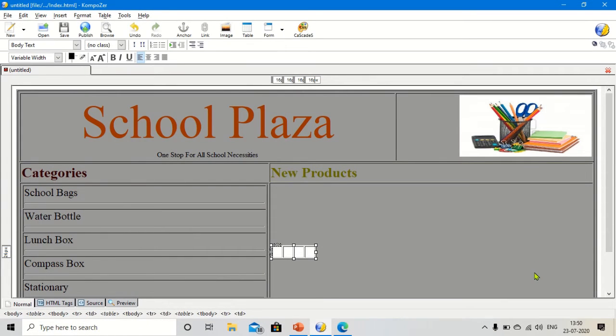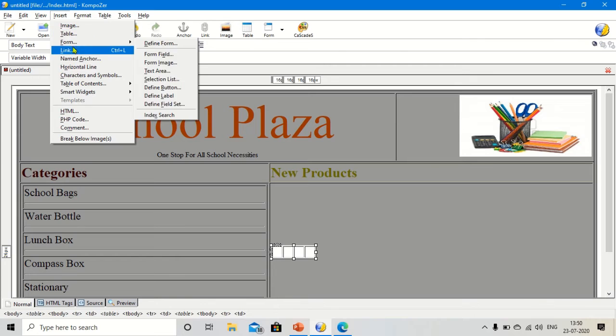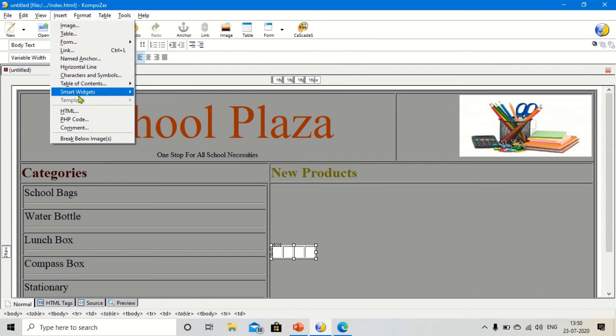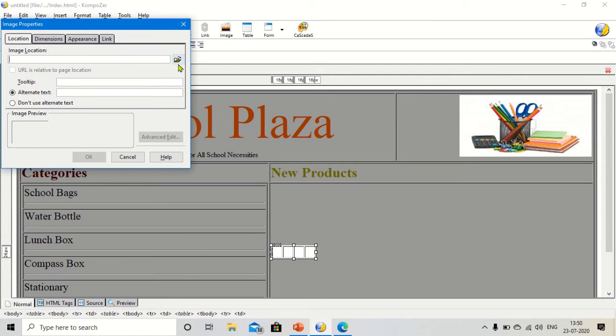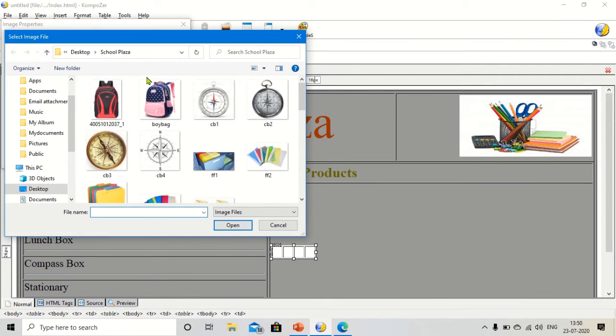Now we are going to insert images into these three four cells. So let's see how to insert. Click here in the first cell and go to the insert, then click on the image option and then click on this choose file option, then select the location from where you want to insert the image.